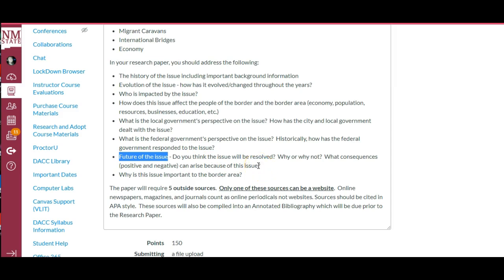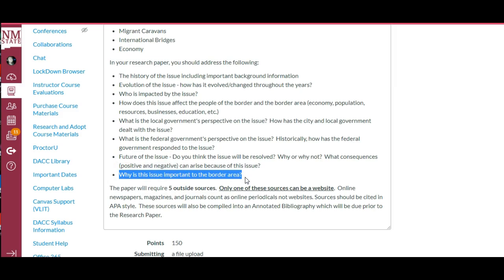I think it's going to get worse. That's okay to say that. You know, it's about being realistic, right? So if you don't think the issue is going to get better, then go ahead and discuss why. Also, the very last question, which you should probably address in your conclusion, is: why is this issue important